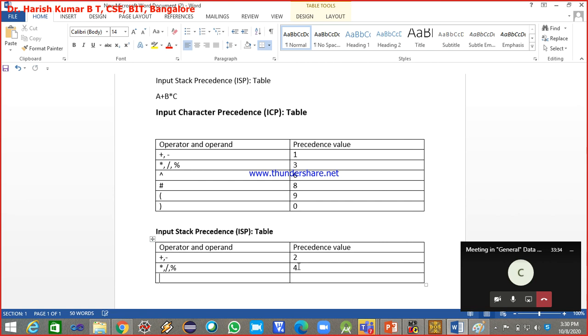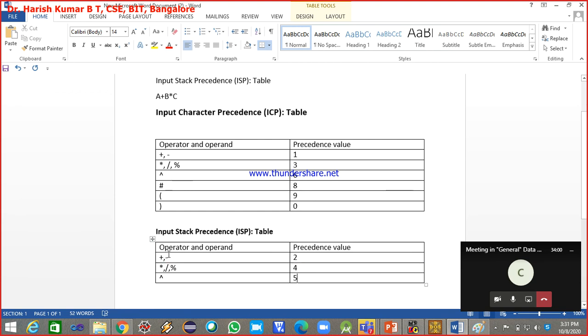4. Now, similarly, the caret symbol. When it is encountered as an input character from the given string, we assign the precedence value as 6, and if you find the same caret symbol on the stack, we assign 5. Here it is less.